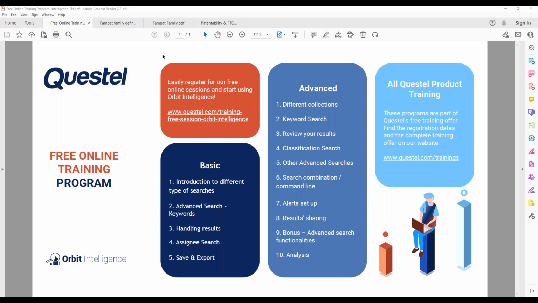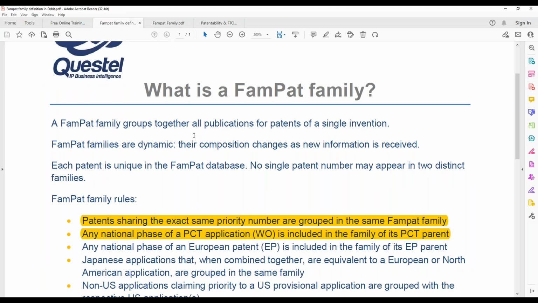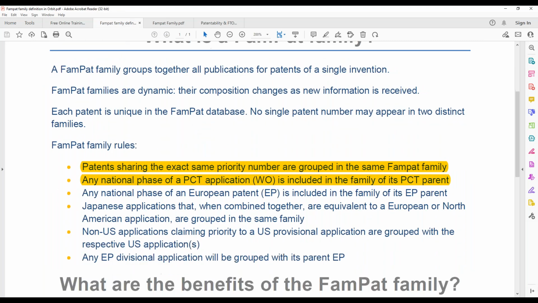The definition of a patent family is: all patents or publications sharing the exact same priority number will be grouped in one family. So we speak about members and families. Along with these publications, any national phase of a PCT application or of a European patent come together. And you will probably also have Japanese applications that share the same priority data.